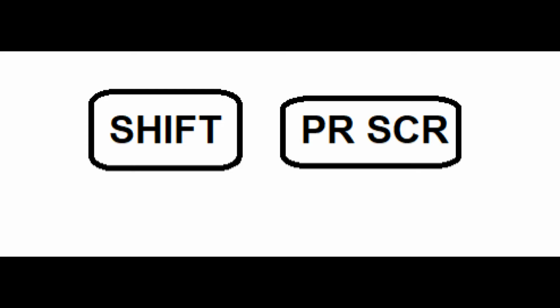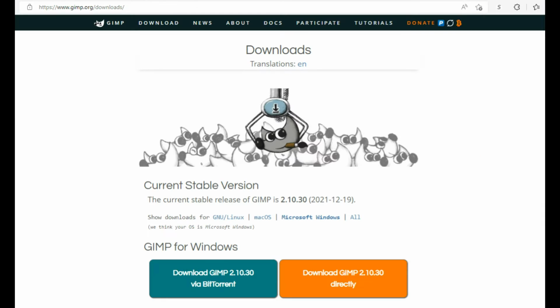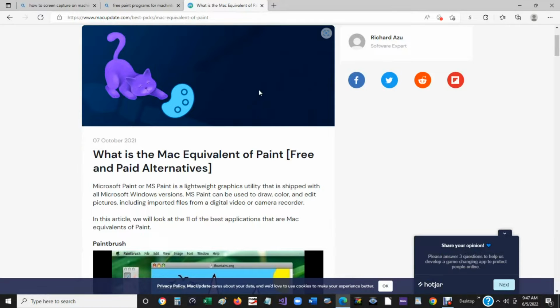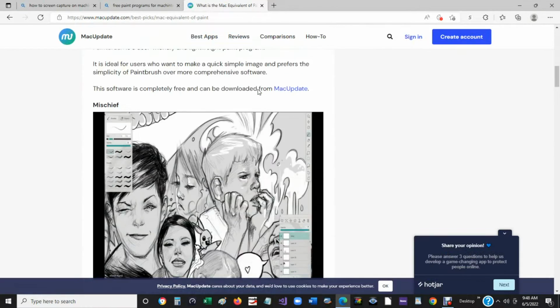And then from there, you got to go to a Paint program. Microsoft Paint comes with Microsoft, and it's a free program, and it's what I use all the time. I also use GIMP 2, and GIMP 2 is available for the Macintosh as well as for the PC, and it's free. There are a variety of free paint programs for the Macintosh: Paintbrush, Mischief,